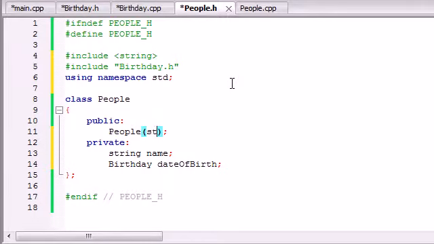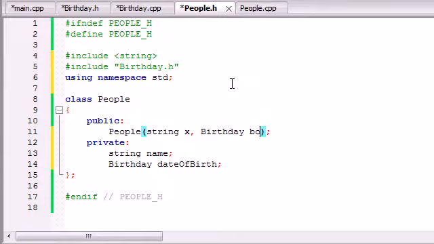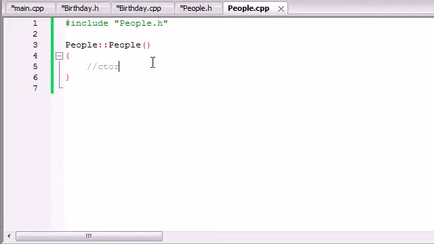So aside from that, we're going to be passing in the constructor. We're just going to pass the name in as a variable x, and we're going to pass the birthday in as a birthday object, so we'll call it bo. So whatever name we pass in for x is going to set it equal to name, and whatever birthday object we pass in as bo, it's going to set it equal to date of birth. Pretty cool, huh? So now let's hop over to people.cpp, and